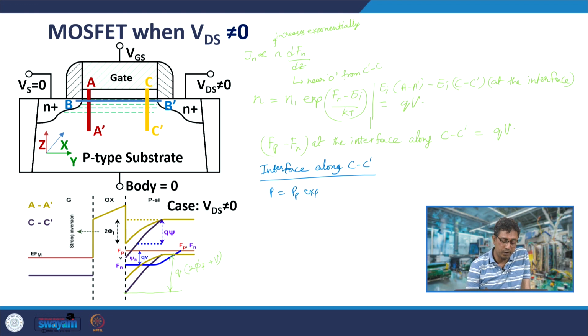What is the difference between the quasi-Fermi level of hole and the value of Ei now along CC prime at the interface? The band bending has increased by a value QV compared to that along AA prime. So, if along AA prime it was, suppose, 2 phi f,